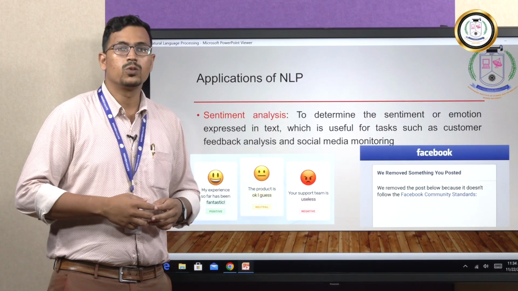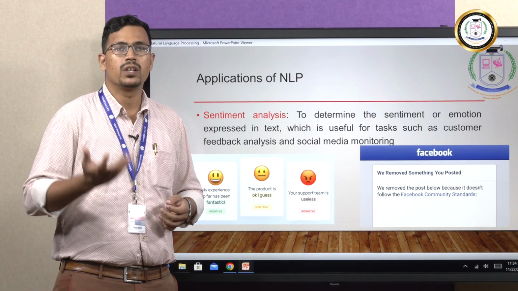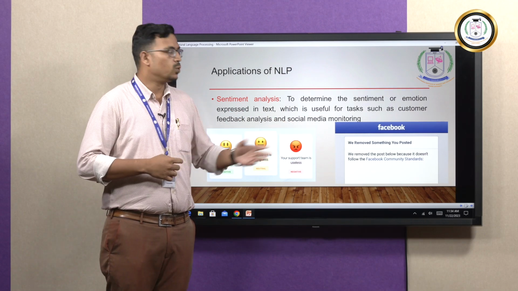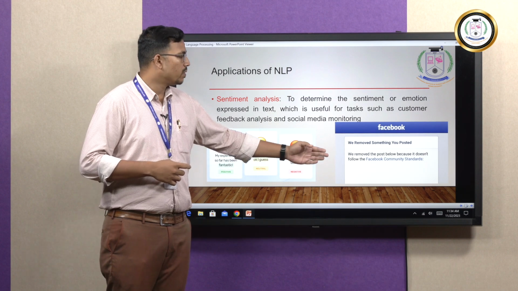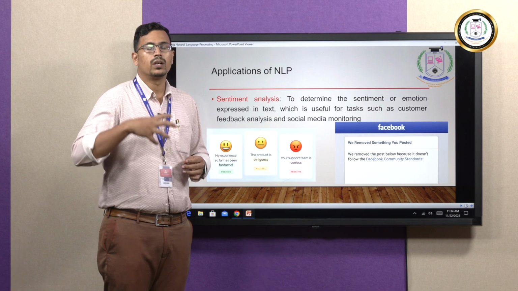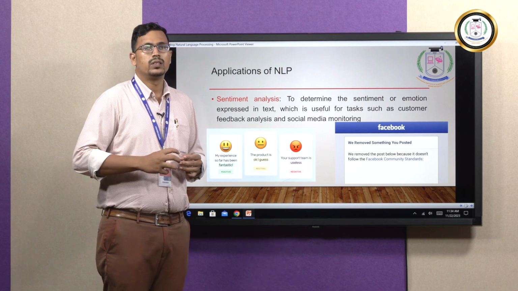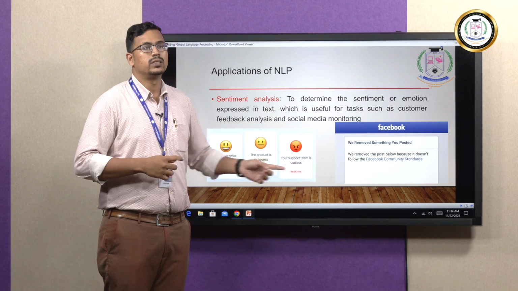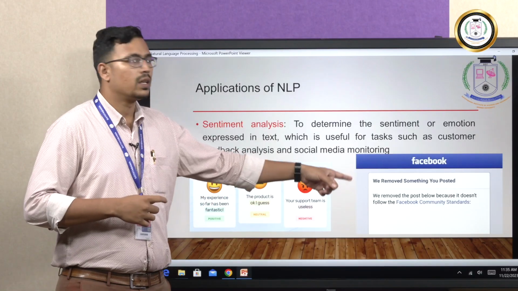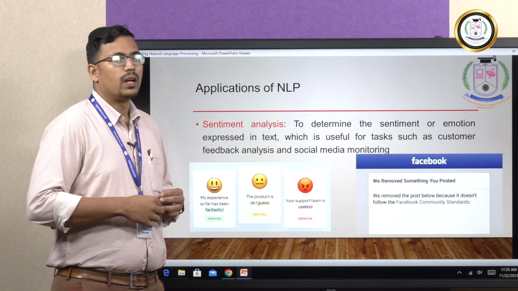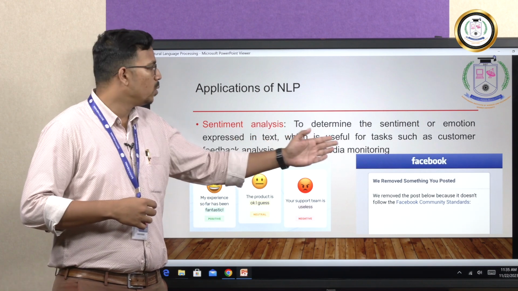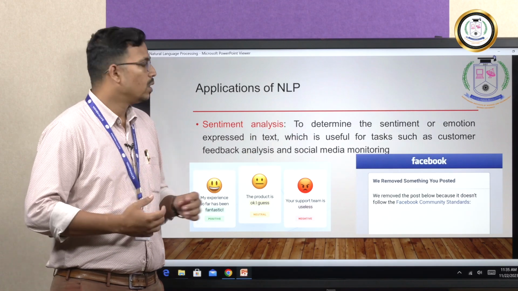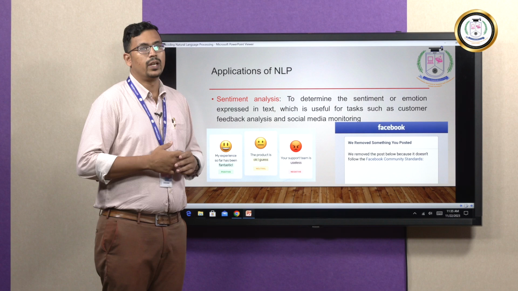In almost all the social media platforms nowadays, like Facebook, Instagram, Snapchat, social media monitoring is being used widely because it is used to prevent text or posts which are hateful, violent content, or any adult content. Such kinds of posts are not allowed on these social media platforms. So companies like Meta and Twitter use various software which uses NLP as a background in order to monitor these social media posts.